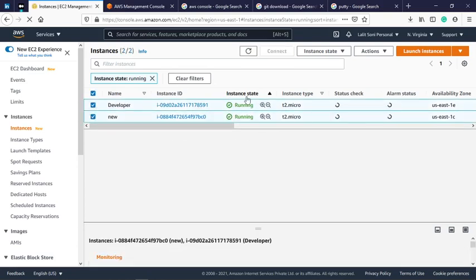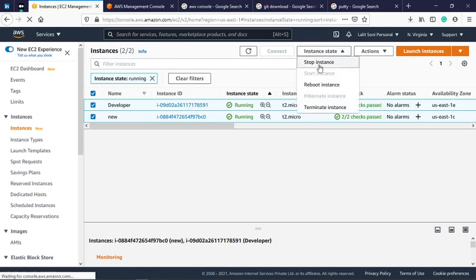You can explore the console. The more you explore, the more you will learn. That is the only thumb rule to learn the cloud, any cloud, whether it is GCP, Alibaba Cloud, or AWS. The more you explore, the more you will learn. That is the thumb rule.